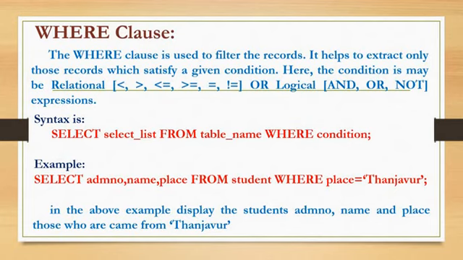Here conditions mean mathematical and logical expressions. We are going to see relational expressions and logical expressions. Relational expressions mean less than, greater than, less than or equal to, greater than or equal to, not equal to. These are used to compare two values. For example, A greater than B, likewise A greater than or equal to B, or a given name equal to another name. If both names are equal, it returns true.